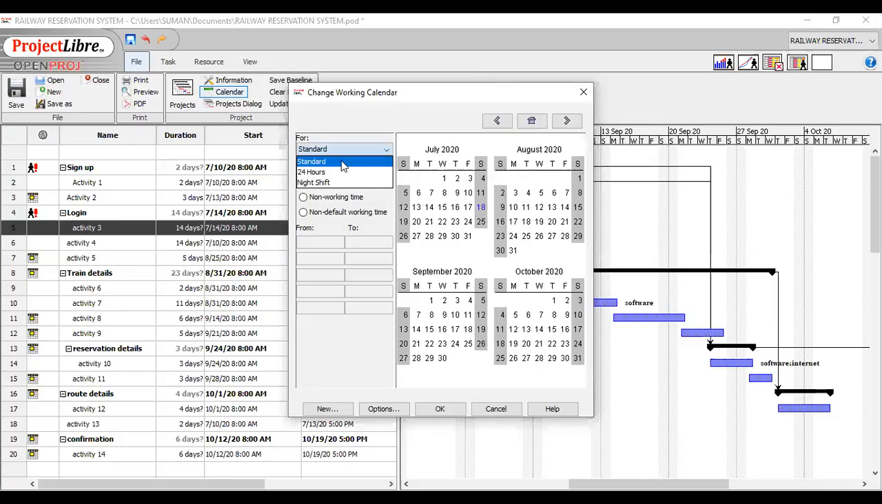So if we click on standard, we can see a month with gray lines on Saturday and Sunday. So for a standard calendar, there are working and non-working days, which we can call available and non-available days, which have a gray background. When I click 24 hours, you can check that there are no non-available days. Likewise, for night shift, you can see that there is only one